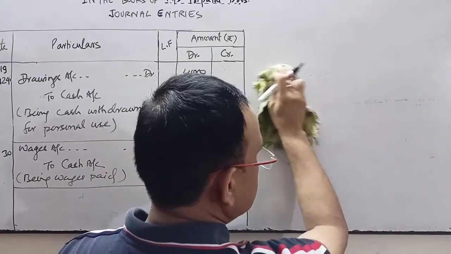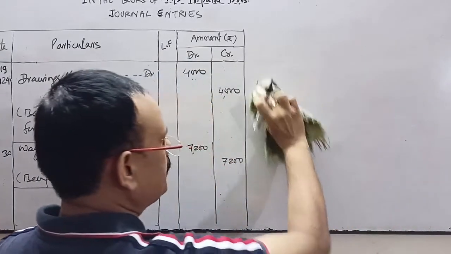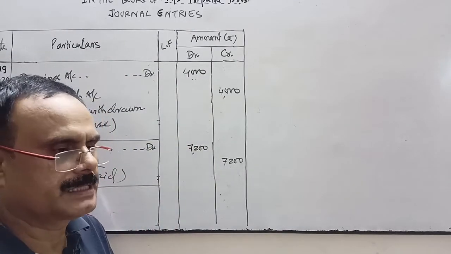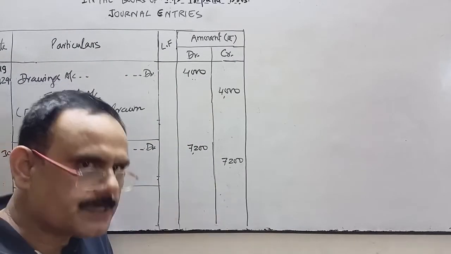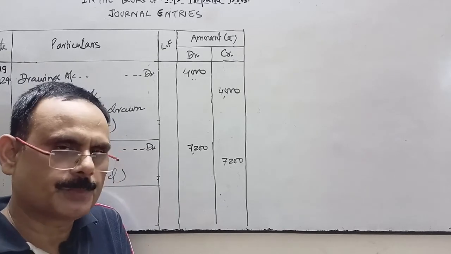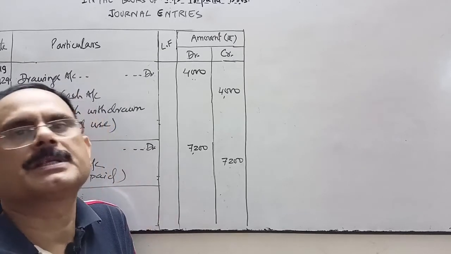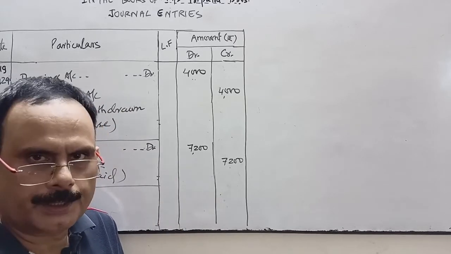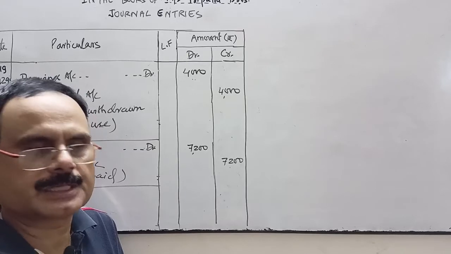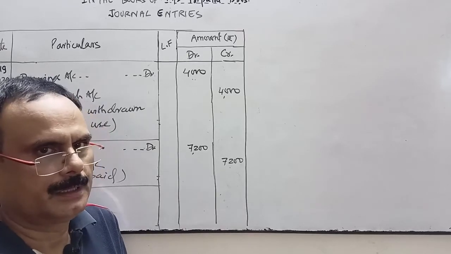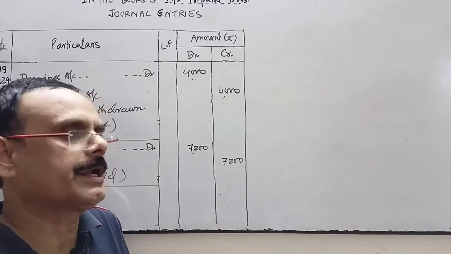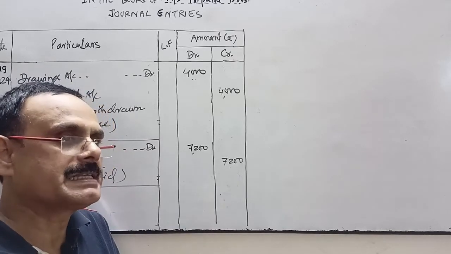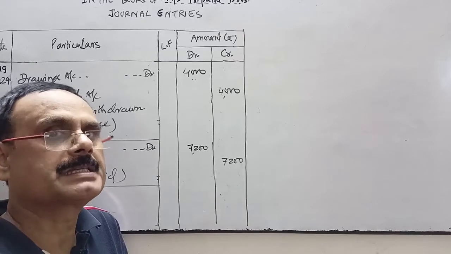When we have purchased the machinery for cash, it means machinery is purchased not for sale. Machinery is purchased to use in business, for our own use. Maybe in the factory or in some other places in our business we are using that machinery. Then we will open the machinery account. But if we are purchasing the machinery for resale, then we will open the purchase account.